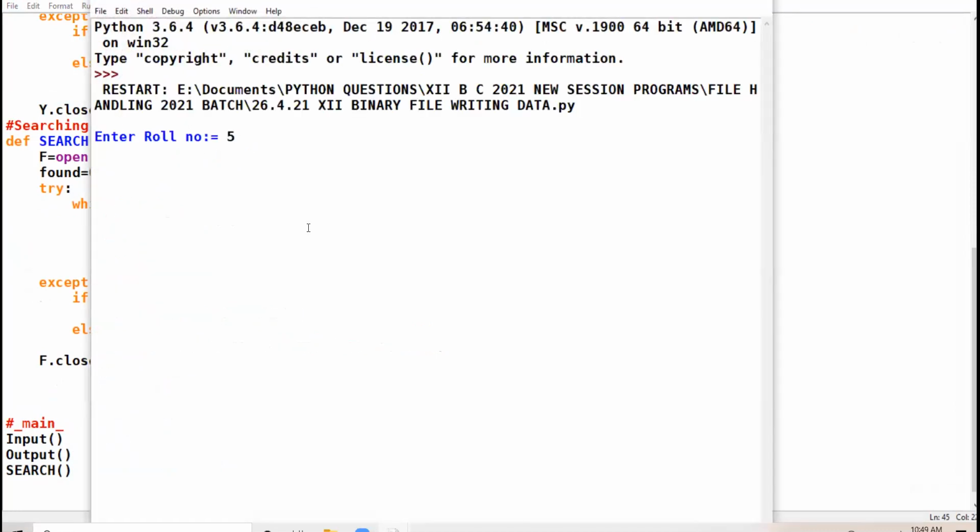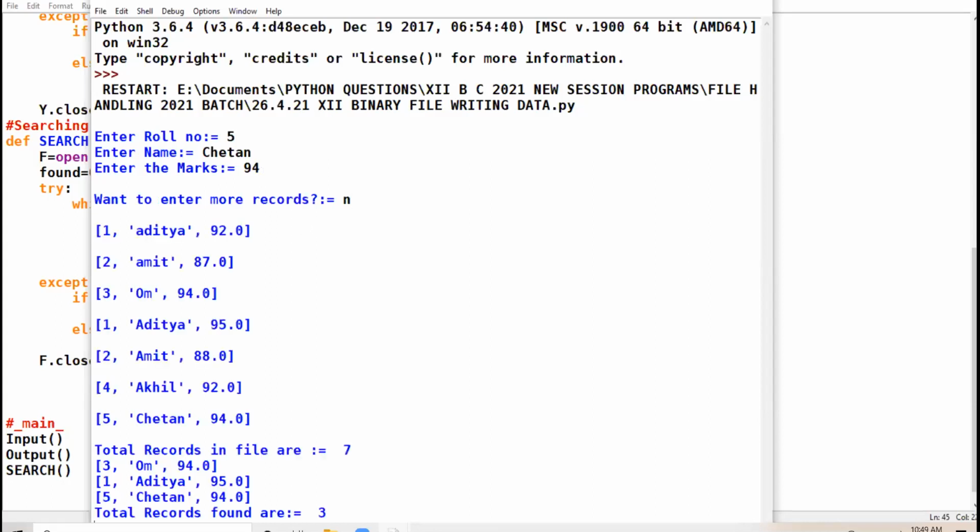Roll number 5, name Chetan, marks 94. No more records I want to enter.